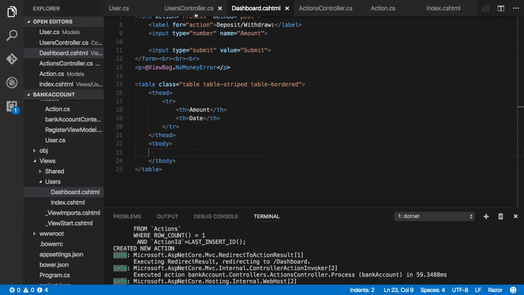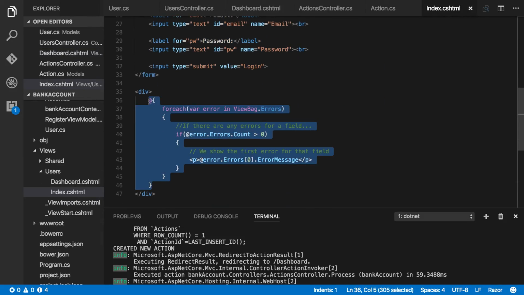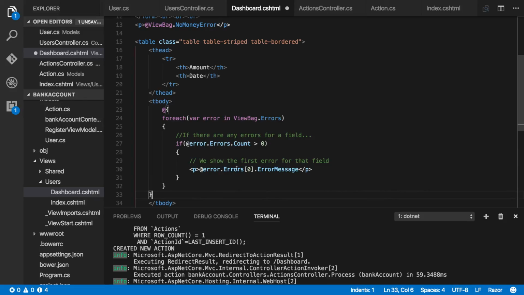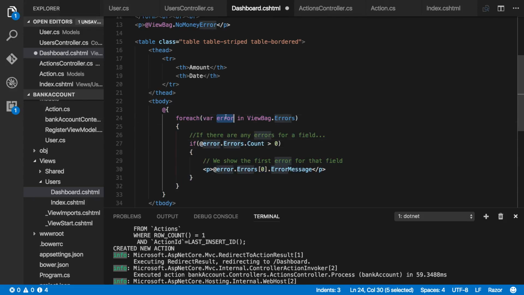I'm going to borrow something from here, dashboard tbody. Okay, so for each activity in ViewBag.allActions,